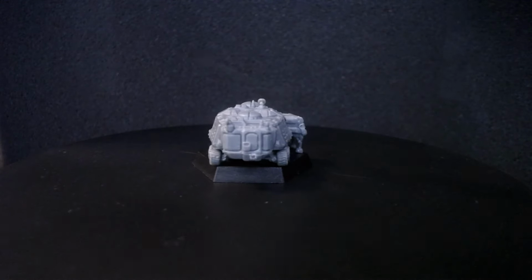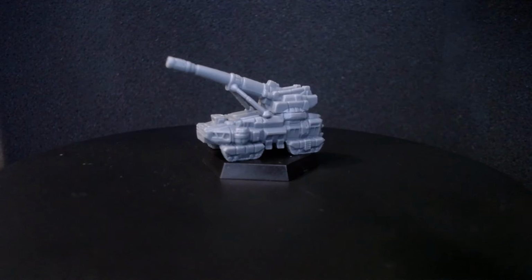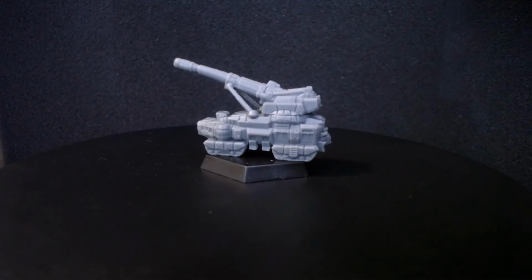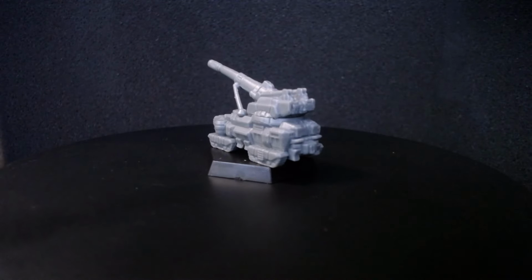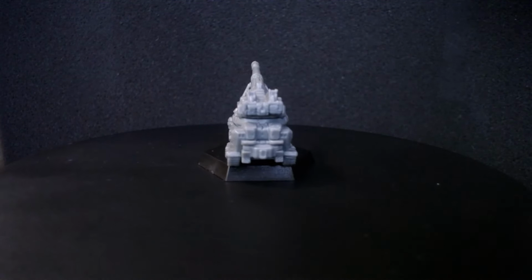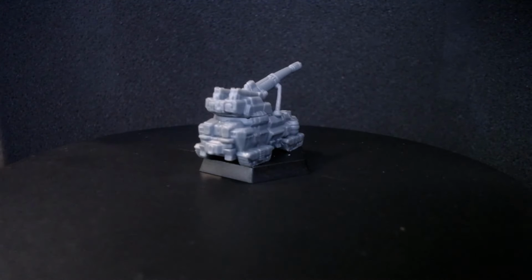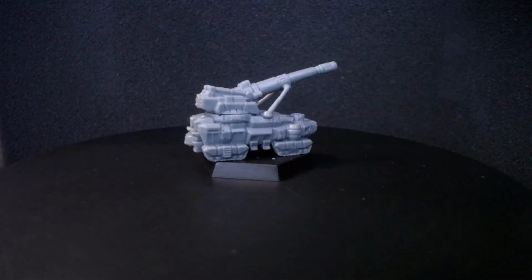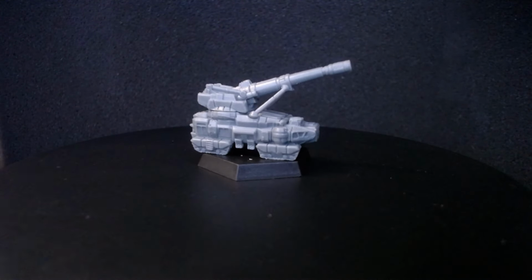Now, the last unit we have is actually 2, and this is the Long Tom and its support carriage. Now, starting with the Long Tom cannon itself, it's self-propelled artillery. It is done in a pretty interesting and decent way. I like how they've gone, and I guess to put it in a way, it feels, and mind you, yes,